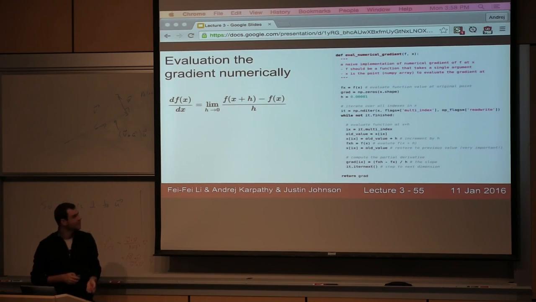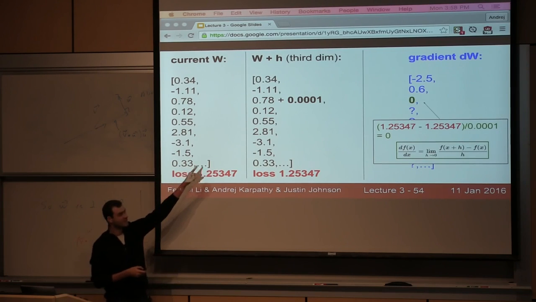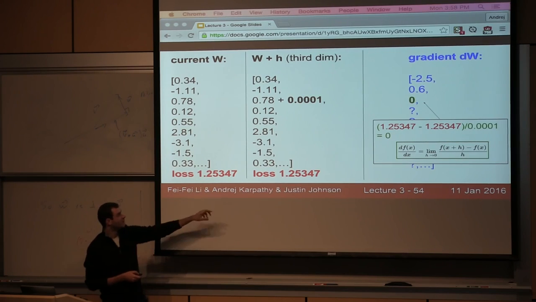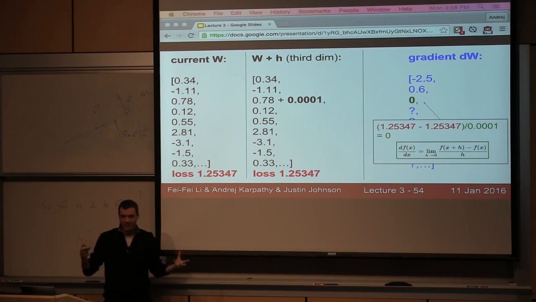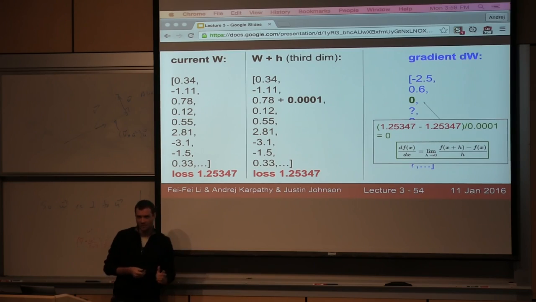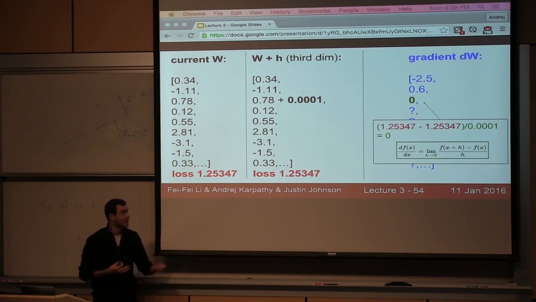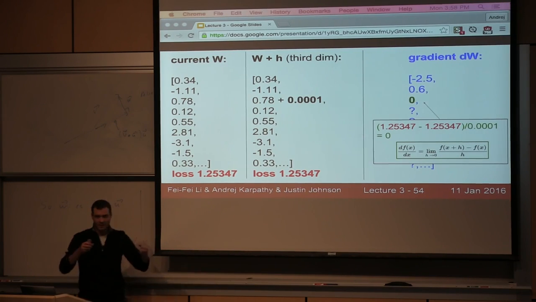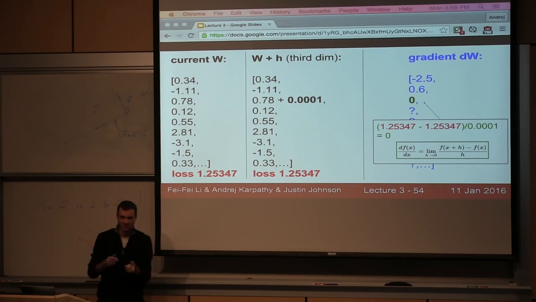And we're getting the gradient. Now, the problem with this is if you want to use the numerical gradient, then, of course, we have to do this for every single dimension to get a sense of what the gradient is in every single dimension. And when you have a ConvNet, you have hundreds of millions of parameters, right? So we can't afford to actually check the loss in hundreds of millions of parameters before we do a single